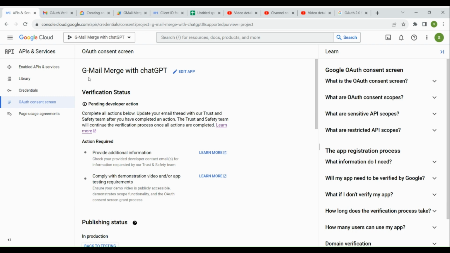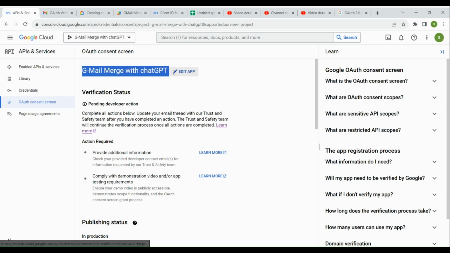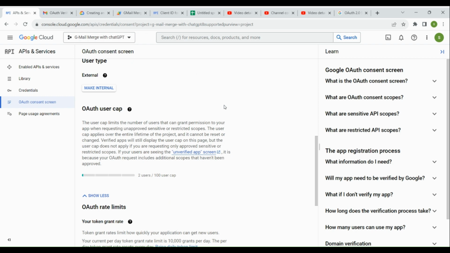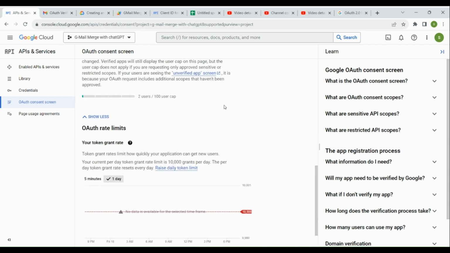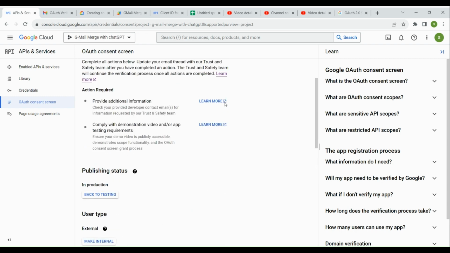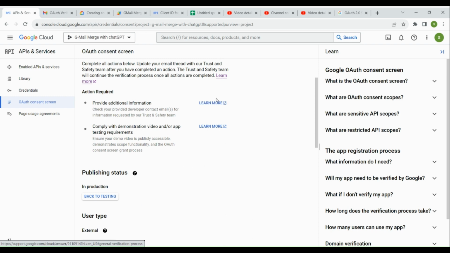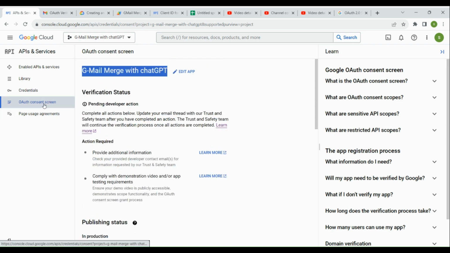So this OAuth consent screen shows the app name, it must show the app name. So this is the app name here, and this is the project. The entire OAuth consent screen is in English, and then we have to verify the OAuth consent screen